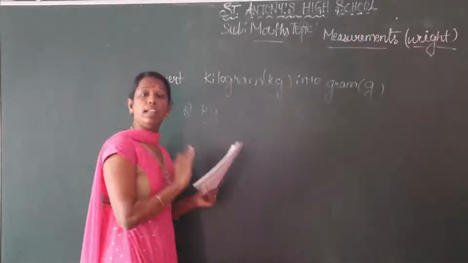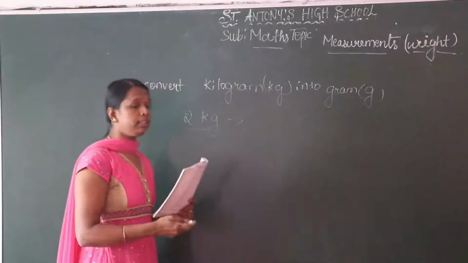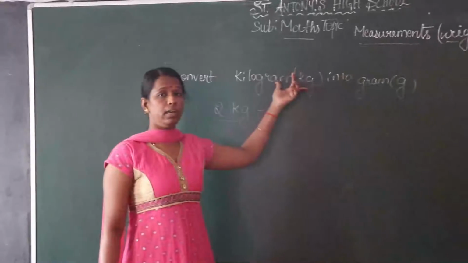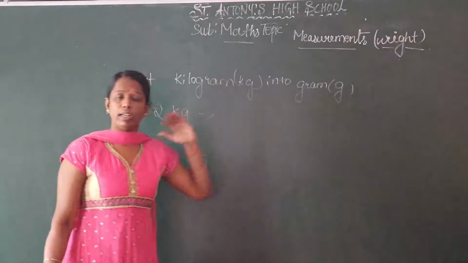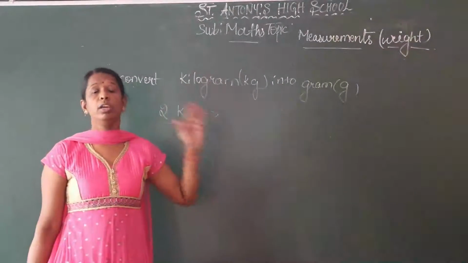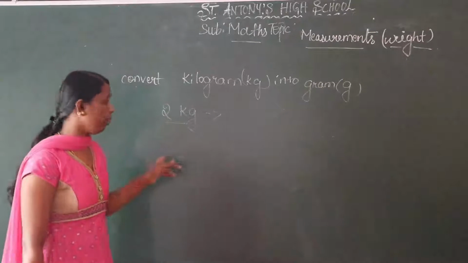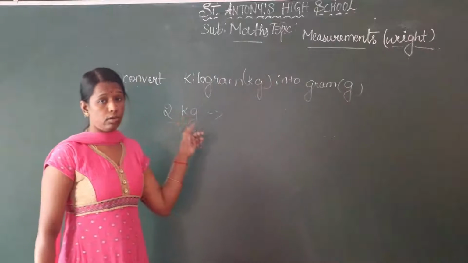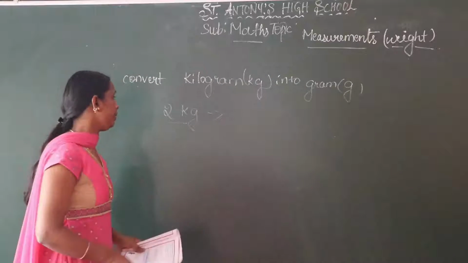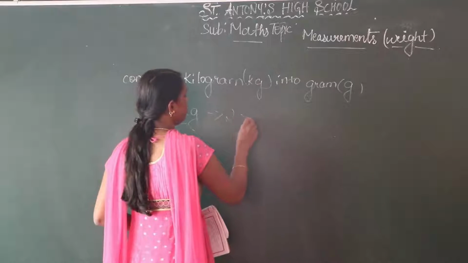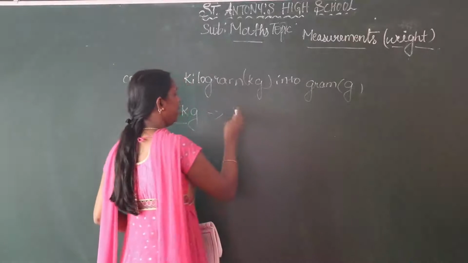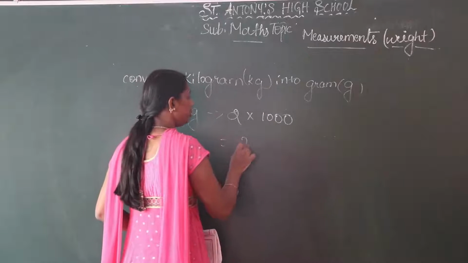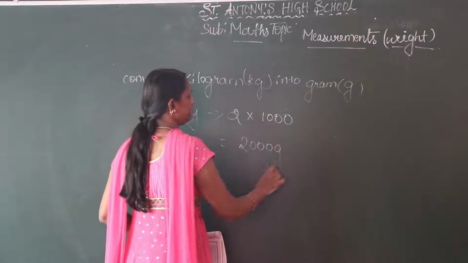So you learned in length also, by converting the bigger unit, which is kilogram, to gram. Kilogram is a bigger unit, gram is a smaller unit. While converting the bigger to smaller unit, you have to multiply by 1000. When converting a gram to kilogram, divide by 1000. Here we have to multiply 1000 to the given number. 2 into 1000, you get 2000 grams.